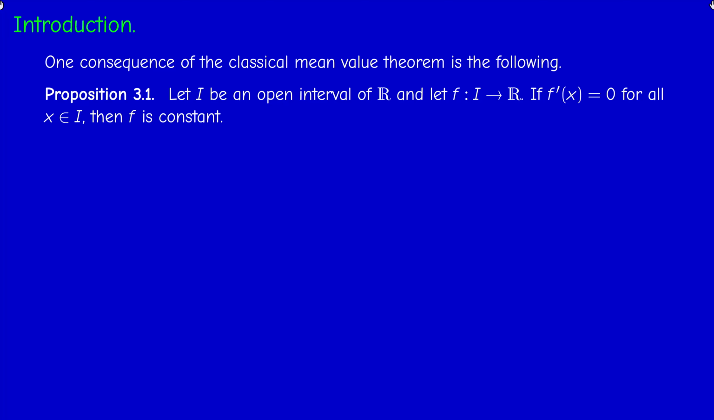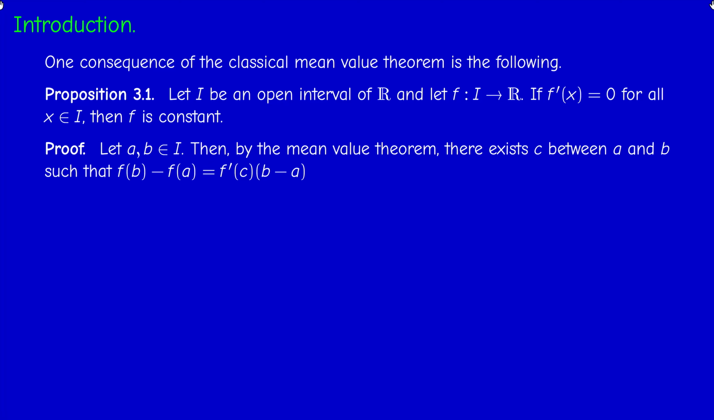If f is a differentiable function on an open interval I of R, and if the derivative of f is 0, then f is constant. Okay, so you use that all the time. Why is this true? This is a consequence of the mean value theorem, as we said, because if you take